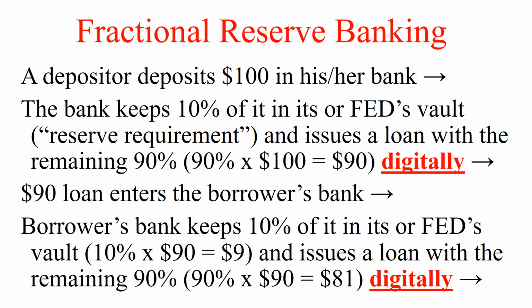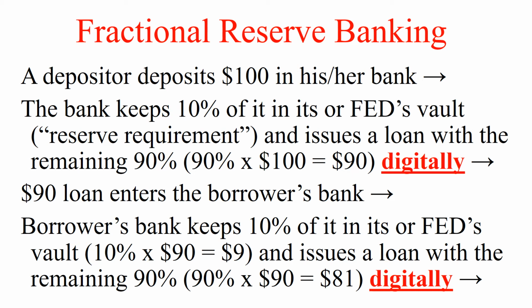It could be a student loan, it could be a car loan or a mortgage loan, it doesn't matter what type of loan it is. Someone borrows money from your bank and your $90 enters that borrower's bank account digitally. It's sent by your bank to that borrower's bank digitally. So this borrower's bank does the same thing that your bank did at the first step